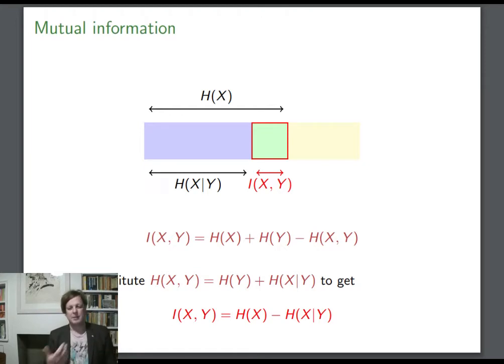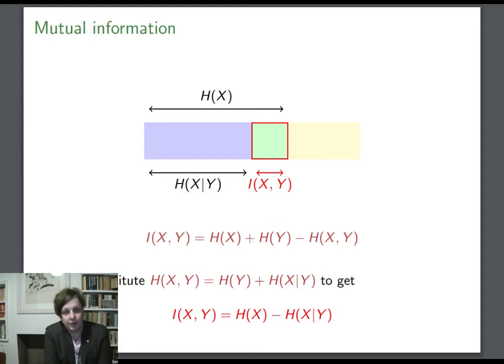is equal to h of x minus h of x given y. So it's equal to all the information in x, and kind of the information in x that's its own business. The information that remains in x, or the randomness that remains in x, if you know y. I did that with a picture, but you can quickly check that it also makes sense by taking